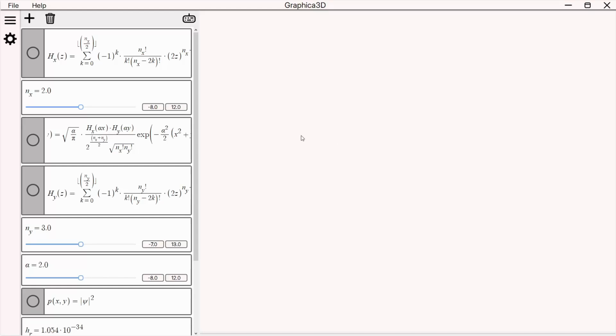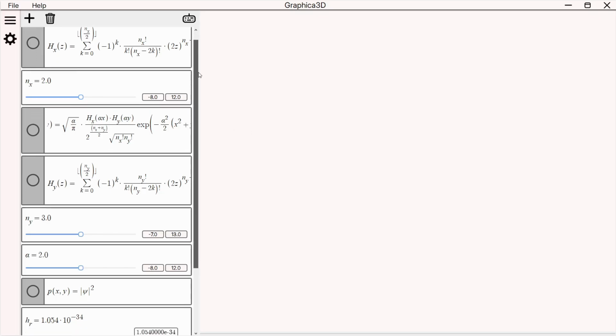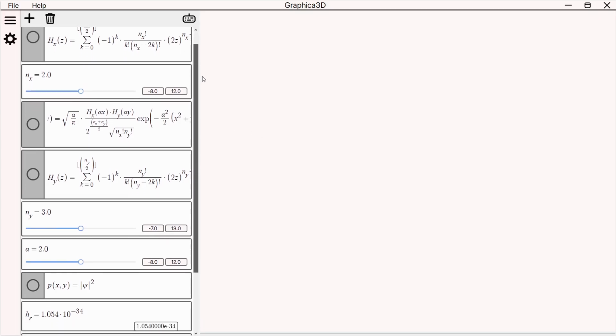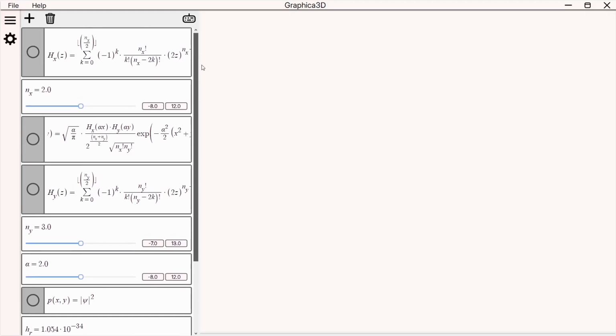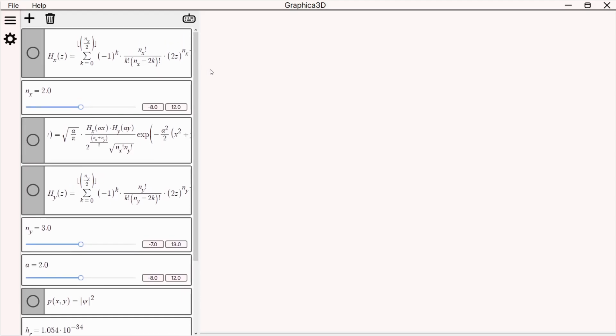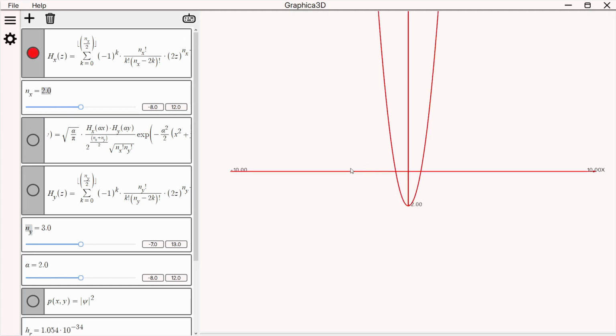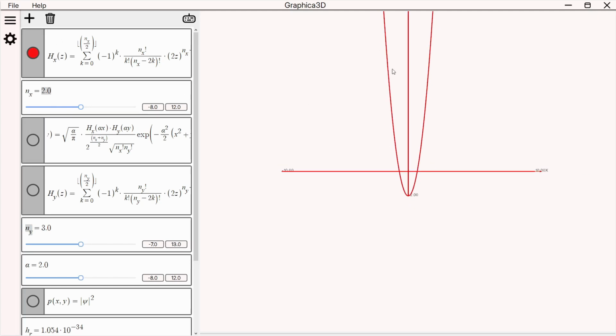I want to demonstrate some of the capabilities of Graphica3D. One of the main strengths of this application is understanding complicated mathematical notation. Now here we have a set of equations which describe a particle in a 2D harmonic oscillator potential, where Hx of z and Hy of z are Hermite polynomials, and we can change nx or ny, changing the degree of these polynomials. So if I wanted to visualize this, I just click the button and I'd see already that it's